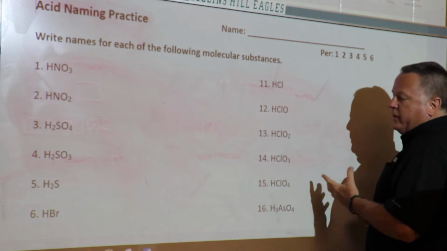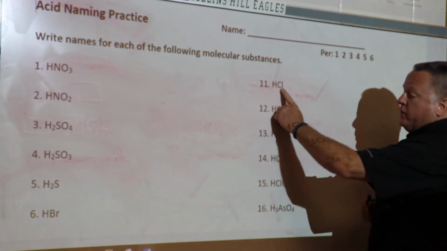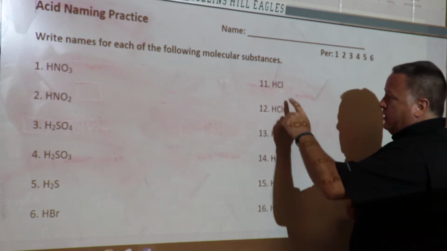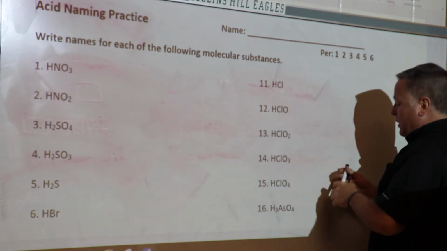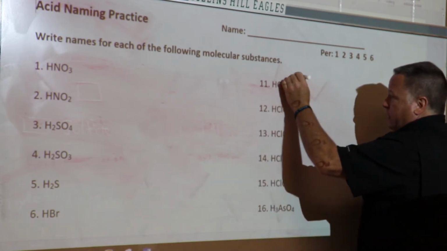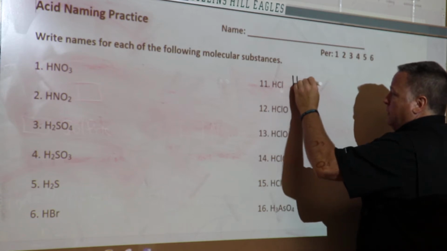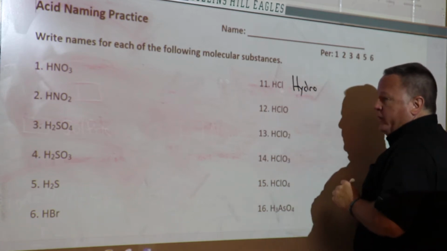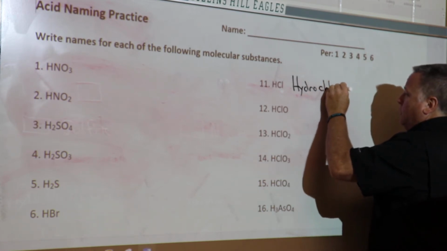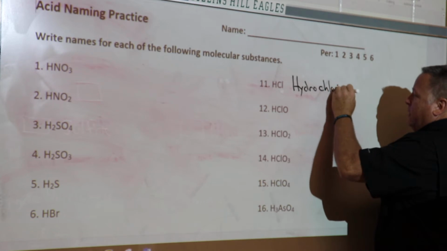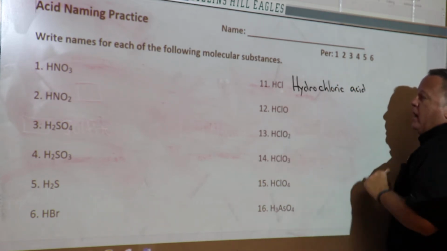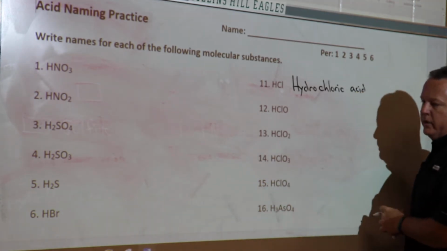This is a binary acid. How do I know it's a binary acid? It's made up of hydrogen and only one other element, which happens to be a halogen. Most of the time it's going to be a halogen, and that's the halogen called chlorine. So since it's a binary acid, we know it starts with what prefix? It's going to start with the prefix hydro. And chlorine, we take the root, chlor, become chloric, and then follow it with the word acid. So this is going to be hydrochloric acid,